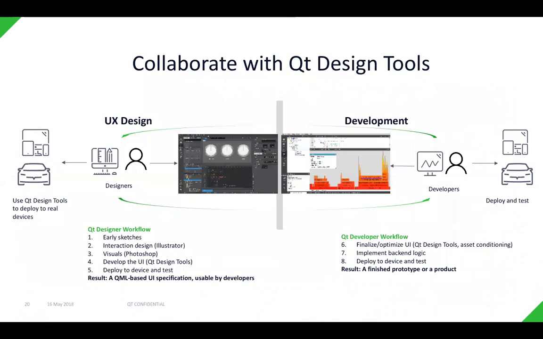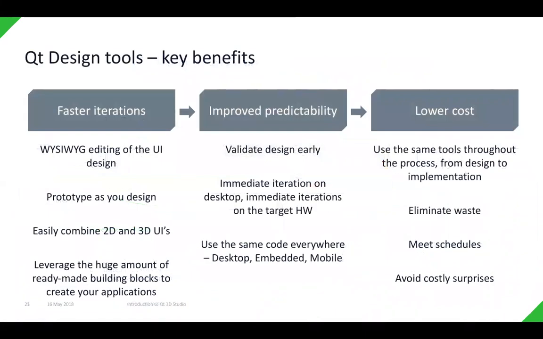Because in the end of the day, it's QML. Great. So if I had to summarize some of the key benefits of that: yes, with the design tools and the Design Studio, you are able to do faster iterations, deliver faster prototypes, and test and validate your user interface fast. Of course, that will also help improve predictability, because you're able to validate as early as possible. You're able to fail as early as possible, and that is a big benefit that results in lower costs,